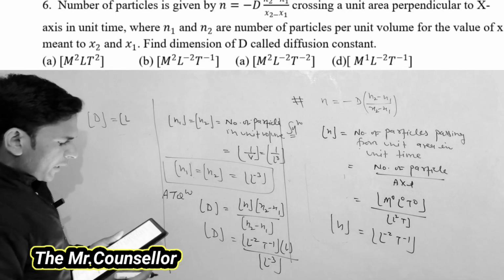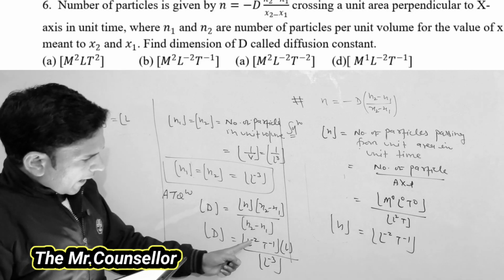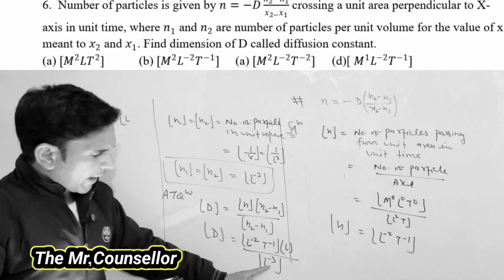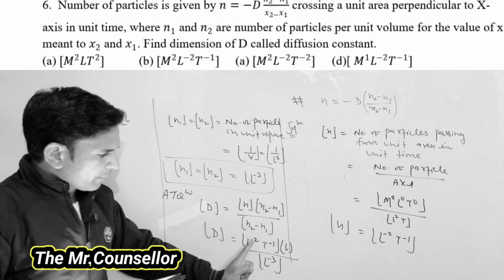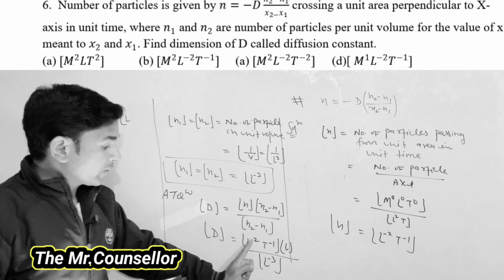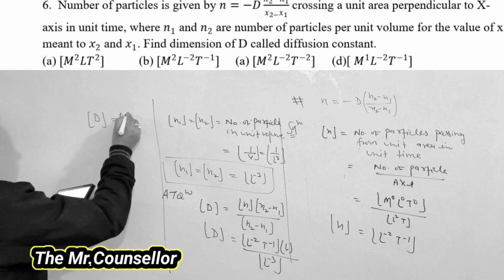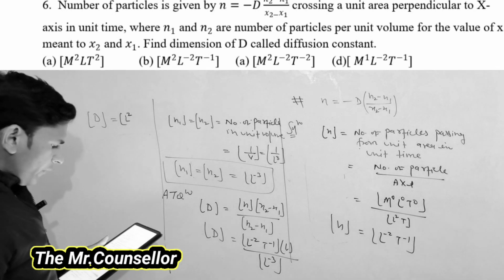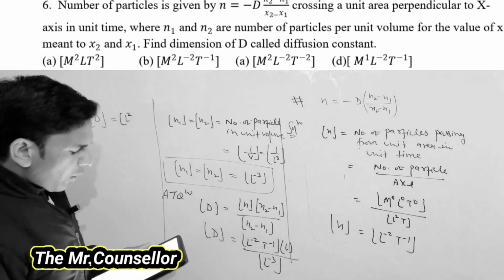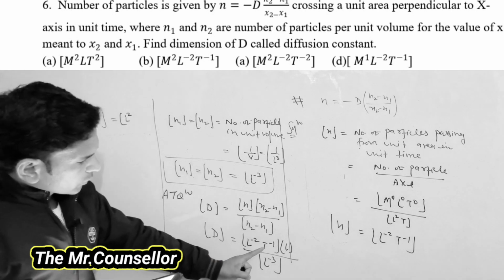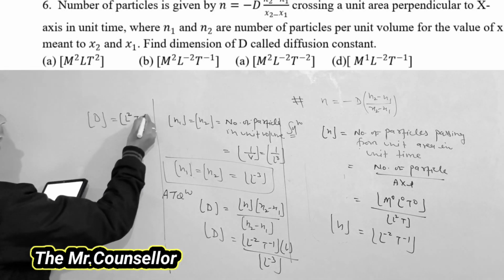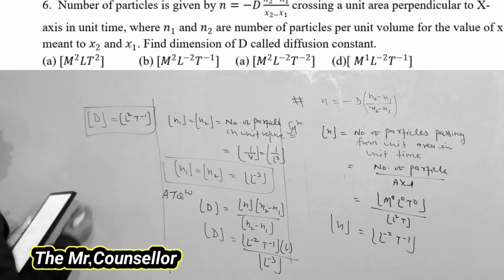No doubt. So you are getting like this. See, this is L minus 2, L minus 3. So upside minus 2 plus 3, minus 2 plus 3 plus 1, but plus 1 also having here. So you can write here L square. Is it okay or not? Very good. And after this, all things are same. So T minus 1. Very, very good question.